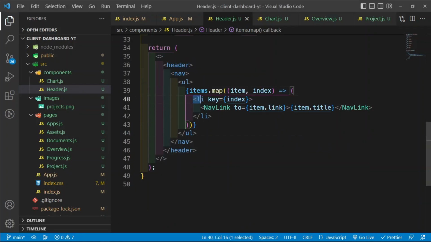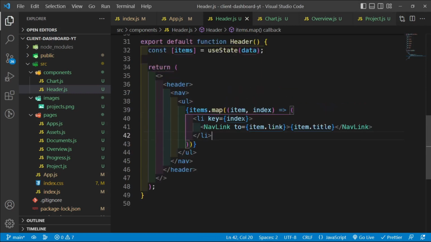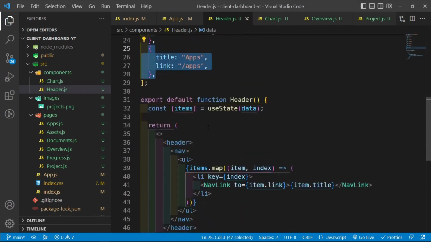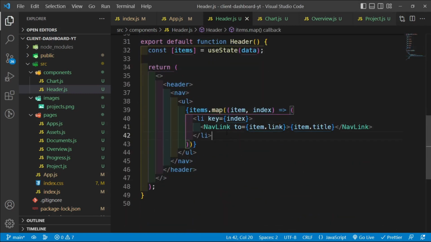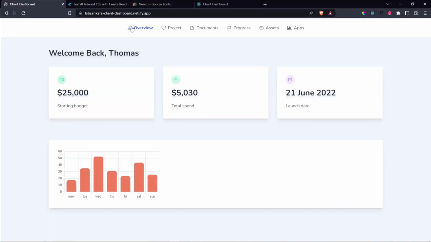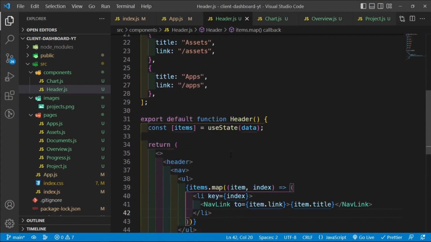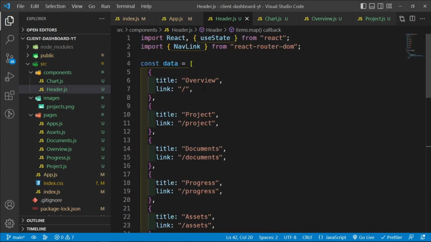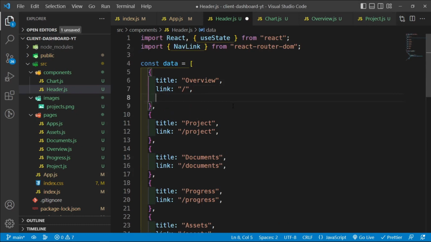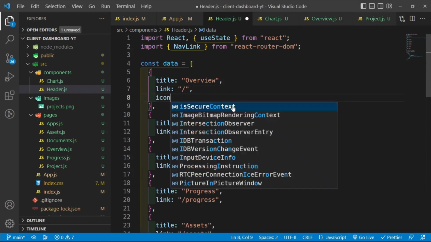So I think this is much easier to work with, because now all I have to do is just add something new inside here and it's going to automatically add it into our navbar, and that is much better in my opinion. And then the next thing that we need to do is render out these icons that we have inside here. So the 1, 2, 3, 4, 5, 6 icons. And what I'm going to do therefore is this. Back inside our array of objects, I'm going to add in a third value called icon,